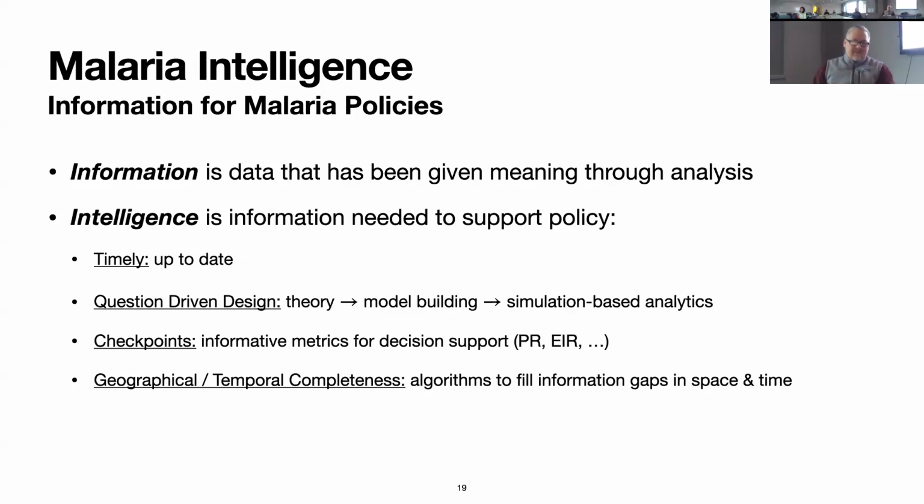And then the other thing about malaria intelligence is that if I'm going to be making policy for a country like Uganda, I can't leave any place out. So if I don't have any good high quality data, I have to use low quality data, which I'm always going to get through their health management information systems. And I'm going to have to develop algorithms that are honest about the uncertainty, because I have to make a recommendation for everywhere.